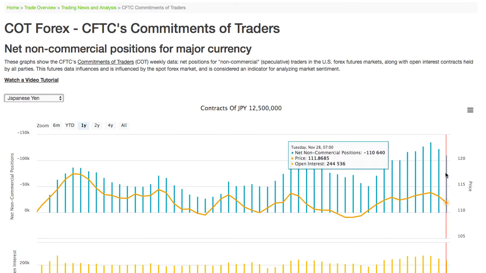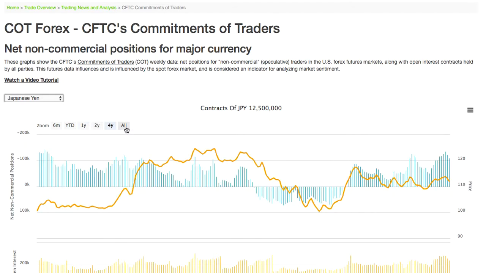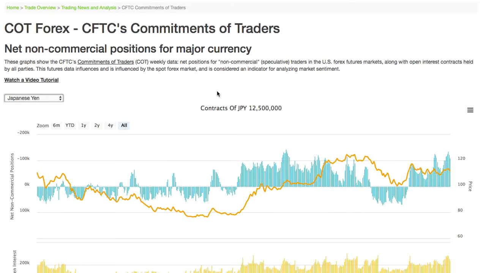It's come down to minus 110. So 110,000 contracts by speculators out against the yen, looking for it to sell off. That's extreme. That's a big move. But the point I wanted to make is that that extreme is not abnormal in a trending market,